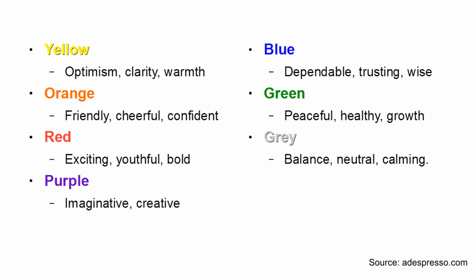And if you think about it, if you think of big corporations, if you think of products that you go out and buy off your supermarket shelves, for example, look at the colouring of the packages, look at the colouring of the advertising, look at the colouring of company logos, and you can see the sort of message that they're trying to get across through the colours. And you can do that too in your Facebook ad.